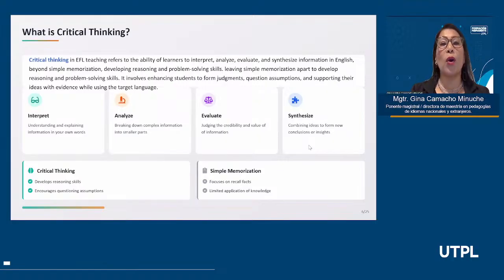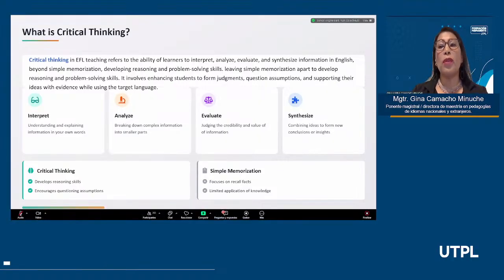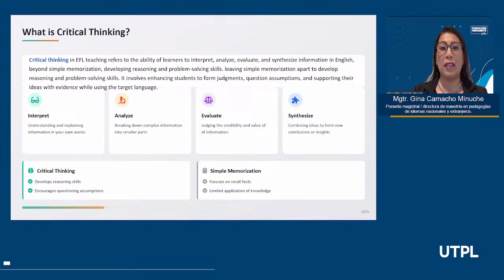Synthesize, combining ideas to form new conclusions or insights. Okay? In order to do this, it's very important that we encourage our students to read a lot of information and to distinguish what's real with some tips you can give them, okay? And especially, you know that nowadays students, when doing tasks, are using a lot of artificial intelligence, but they should be encouraged.